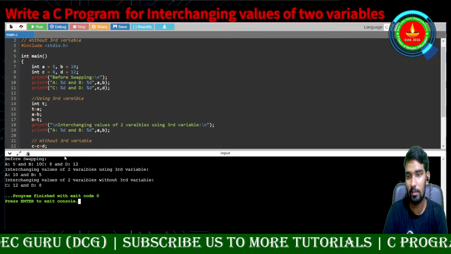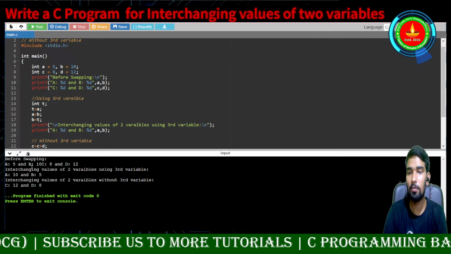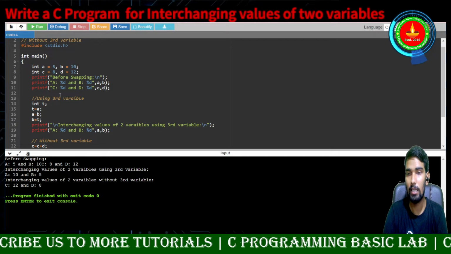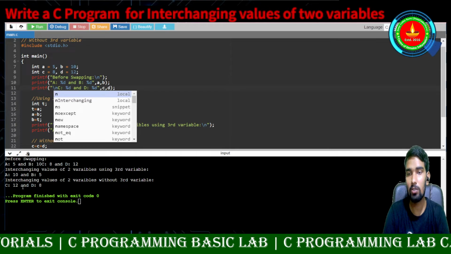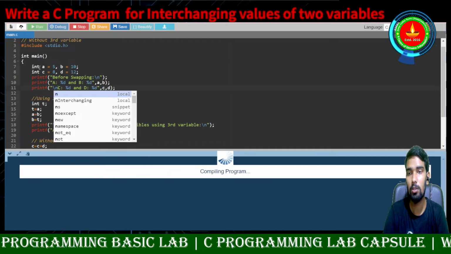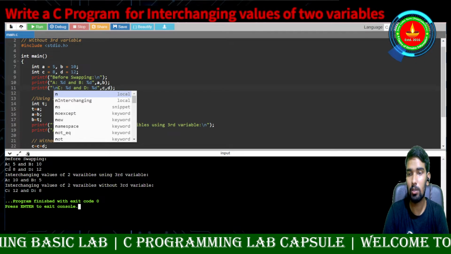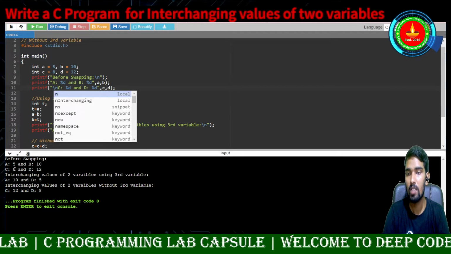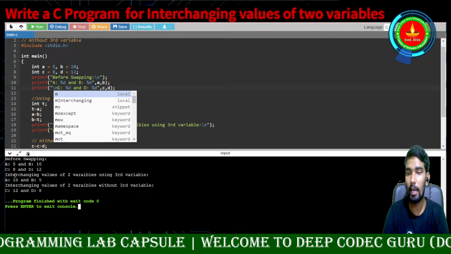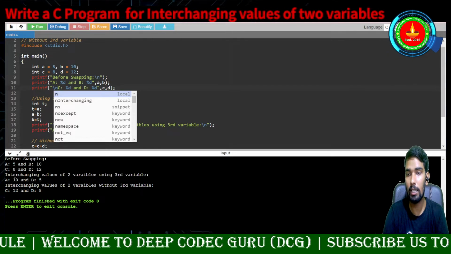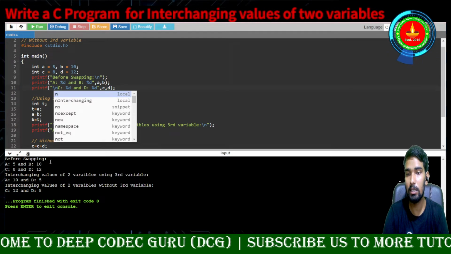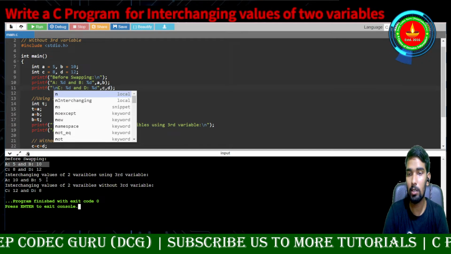Let's see. Before swapping, A value is 5, B value is 10. Again, we can use backslash n here so that it reads better. Now you can see it looks better. C equal to 8, D equal to 12, and after interchanging using the third variable, A became 10 and B became 5, so the value is already swapped.